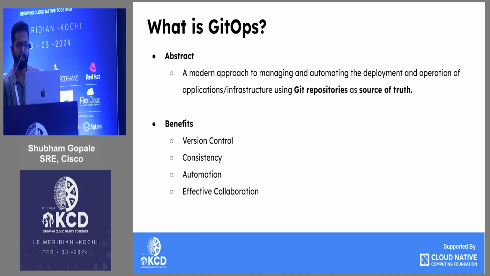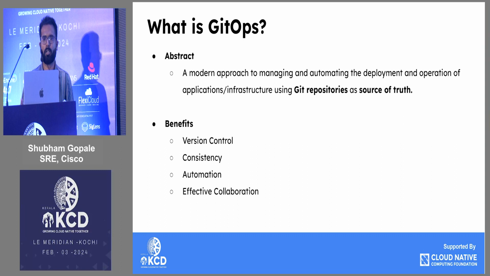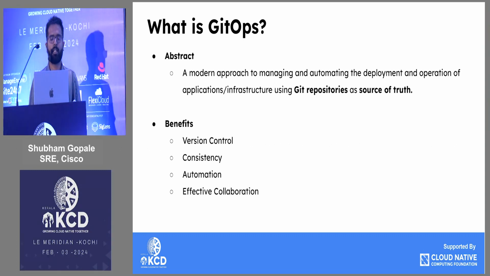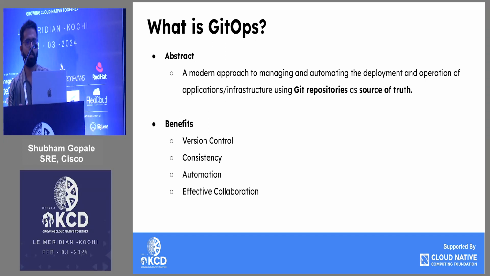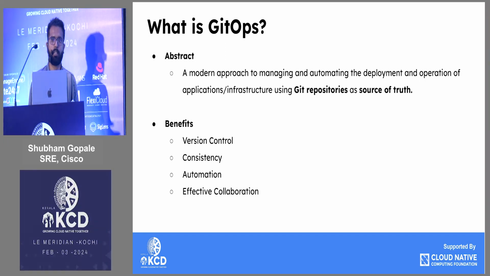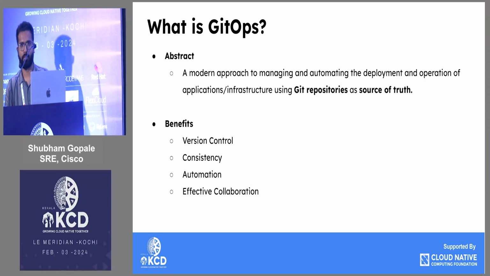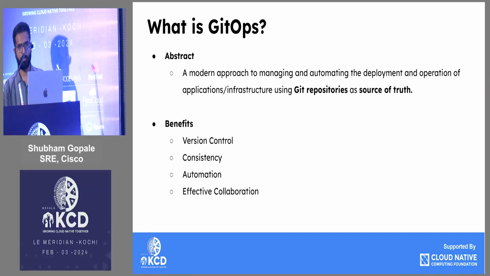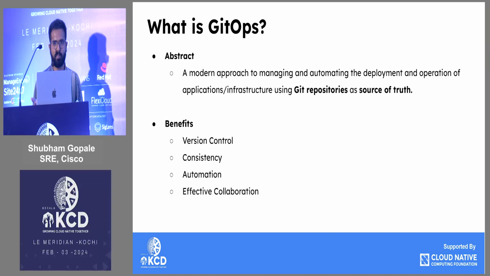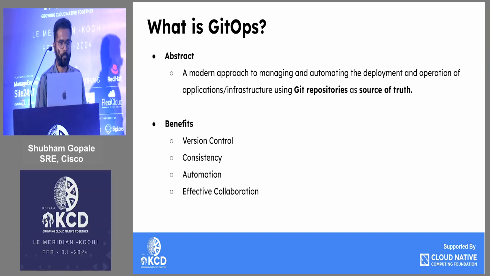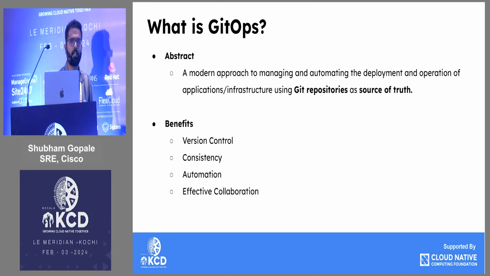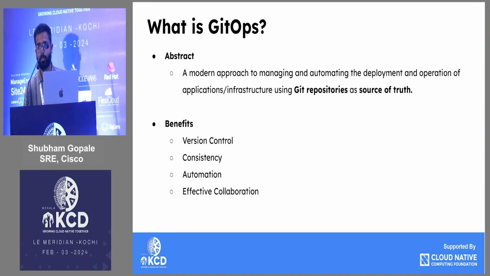I'll just go through the agenda. We'll talk about what GitOps is, how people use it, then what the limitations are of shipping your secrets via the GitOps model, and then we'll talk about the possible solution, which is OpenSecrecy, right? Okay, so GitOps in layman's terms basically says your source of truth is your version control